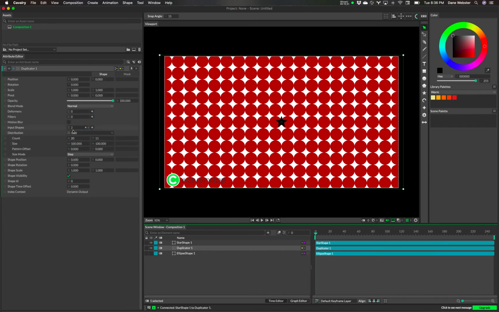And you can see the input shape number has changed to 2. And if I click on the little yellow, right, again, this yellow is saying that there's a connection, right? And you can see if I click on that, there's the first element, element 0, and element 1. So there are 2 items in there. And we have the ellipse and then the star. So they're in the duplication system, but I didn't see the star. So where did the star go? Well,